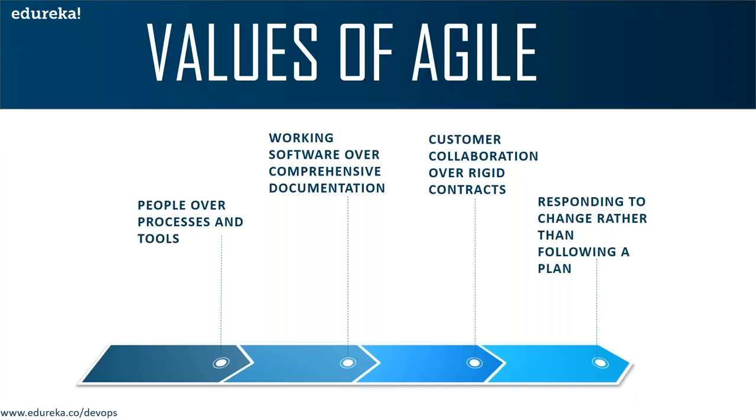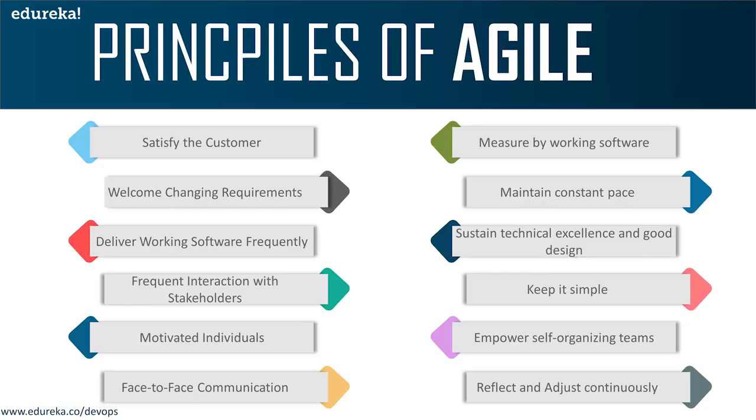So there are two parts of the puzzle. You have a benefit and then you have a value. Benefit is what you get right off the bat, and value is what you derive out of it. So what we saw before were the values, where everyone at the table receives some kind of benefit because of Agile. Principles of Agile: satisfied customer, welcome changing requirements, deliver working software frequently, frequent iterations with stakeholders,